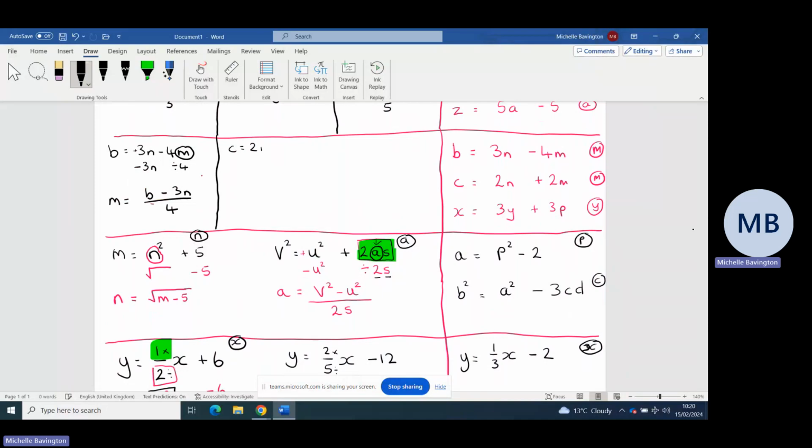What we got? C equals 2n plus 2m, and we're making m the subject. Divide by 2, opposite minus 2n. So we've got m equals, divide goes at the bottom, and we've got c minus 2n. Next one,